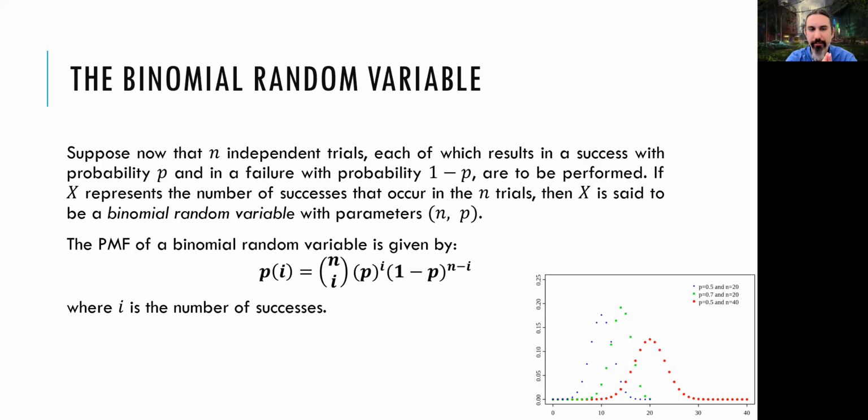This is the binomial random variable, and it's shown with parameters n and p. n is the number of trials we are making, and p is the success rate, the probability of success. Those two parameters are enough to talk about a binomial random variable. Then we have the third value, the i, the number of successes we are looking for. How many successes do we want? This is the i value.